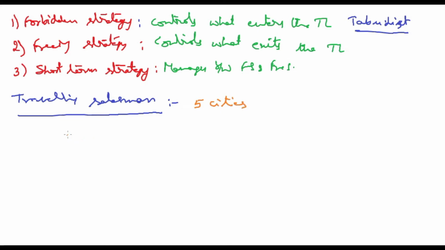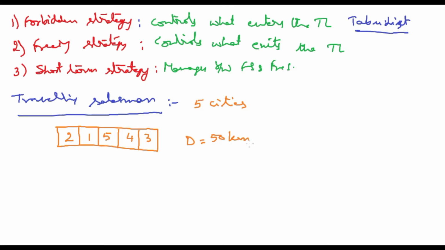He has chosen city number 2. First he will visit city number 2 and city number 1, next city number 5 and city number 4 and city number 3. So this is his order of visiting the cities. Based on the distances, he has to cover the least distance, but he has to visit all the cities. So here the distance has to be minimized.